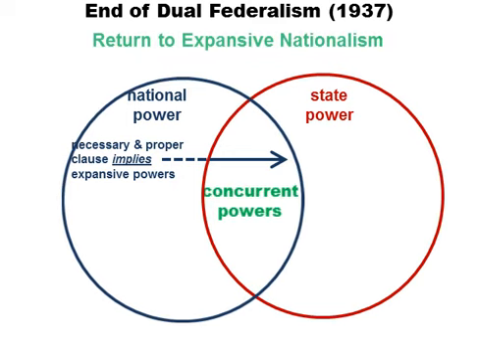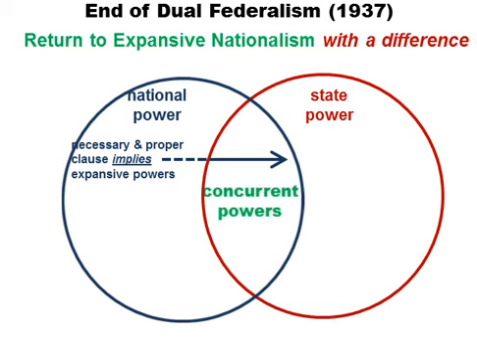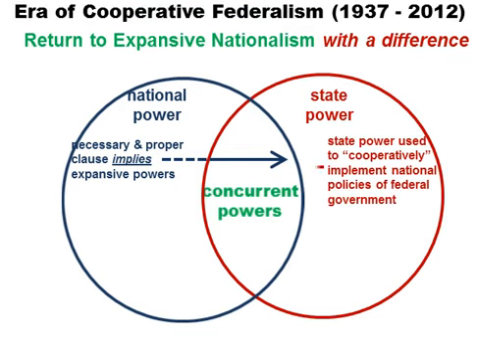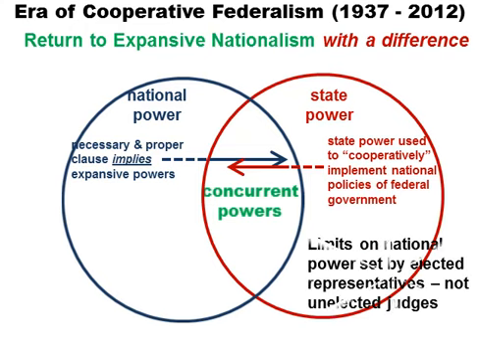Today, many national policies depend on state cooperation, often bought with federal dollars. Under a model of cooperative federalism, the Supreme Court rarely limits Congress's power to legislate on local matters. Instead, unelected lifetime judges leave elected representatives responsible for making social and economic policy.